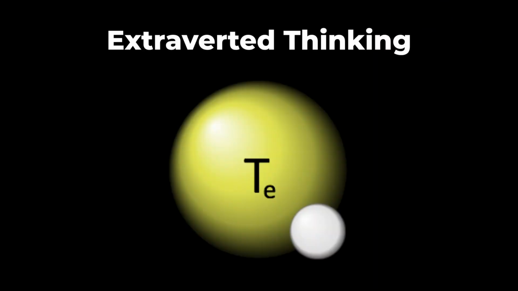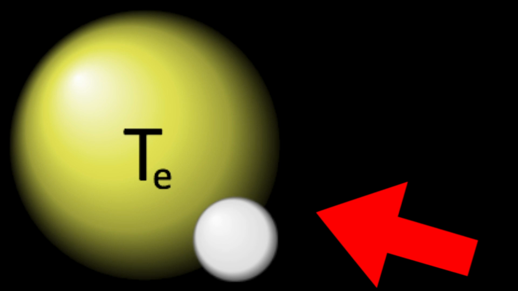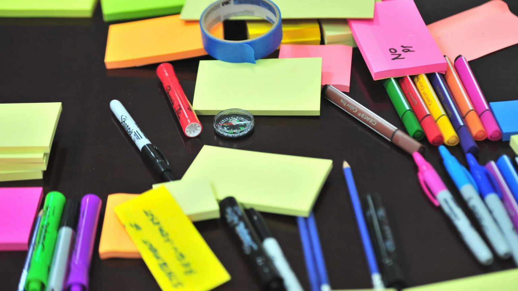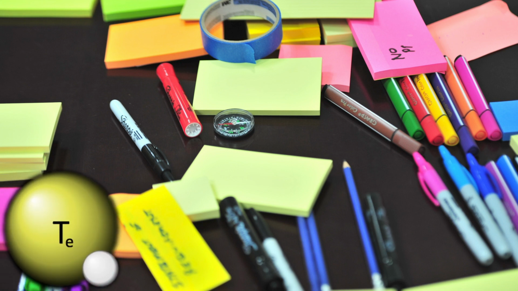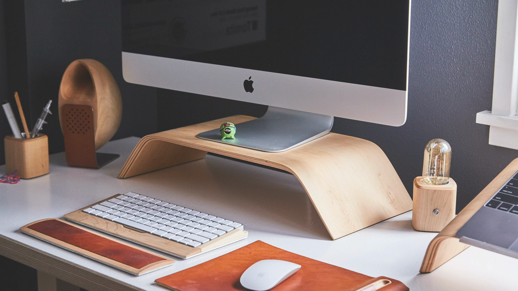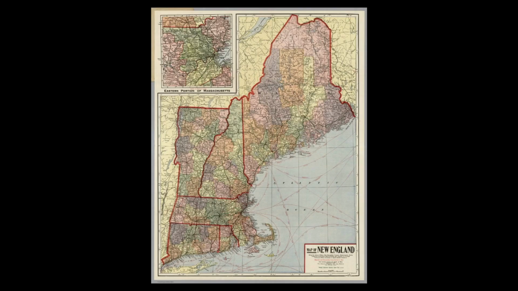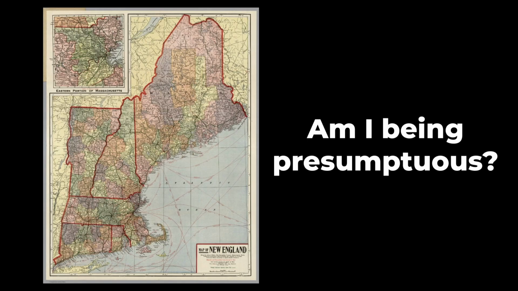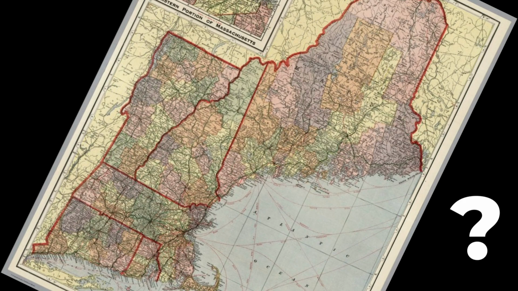Extraverted Thinking. Is this the one where people think this relates to OCD? All I know about this function is that you see a messy desk, and someone with a strong sense of this function will just go berserk, and then 5 minutes later, it's like the most immaculate display of organization in the world. So do people in New England have this function? Is anyone here from New England? Am I just being stupid right now?